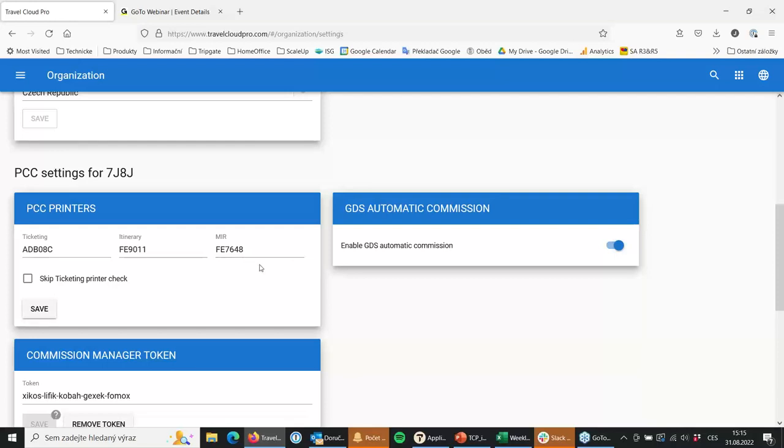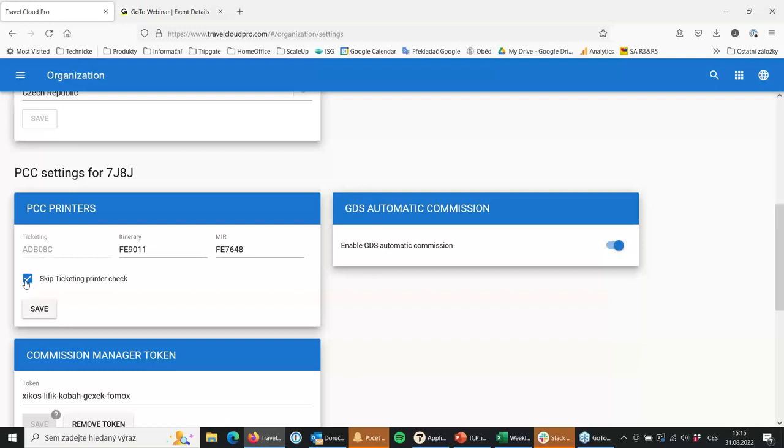But there is always some but. There is a skip ticketing printer check field over here, because there are some markets around the world which don't have a ticketing printer. If you are in a market which does not have to link the ticketing printer, then you do not fill in this information, and you mark or enable this skip ticketing printer check.